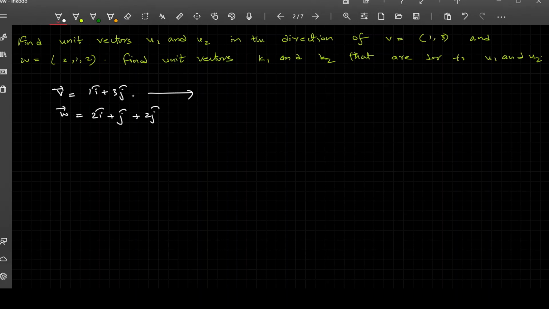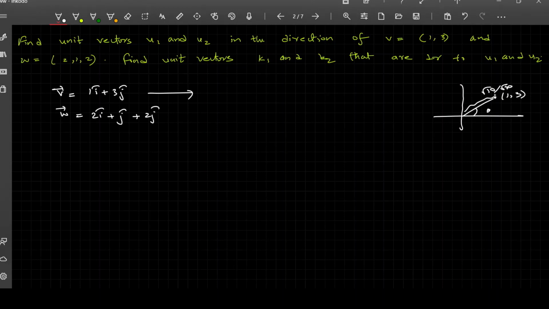So it's 1 i cap plus 3 j cap. You can represent this vector in this way: this is (1, 3), and this is the theta, right? Now this is a vector, and we know this distance is not 1. It's root 10. Because the length is root 10 and we need the length to be 1, just divide this by root 10. That's how you need to understand this.